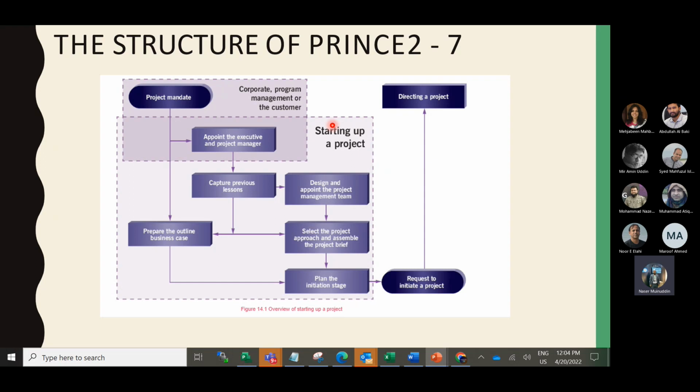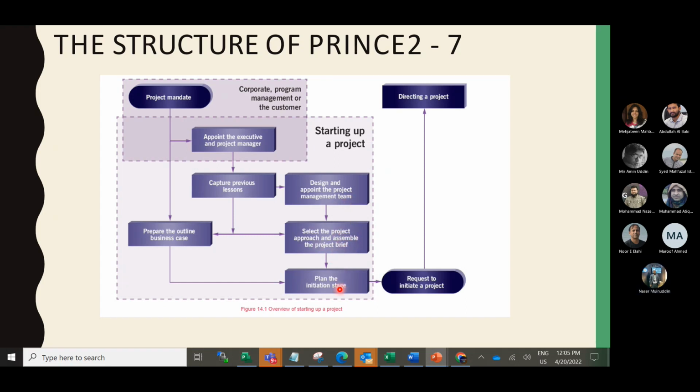From the Prince2 methodology, in starting a project, one output is called the project brief, which includes previous captured lessons, appointing the project management team and everything.